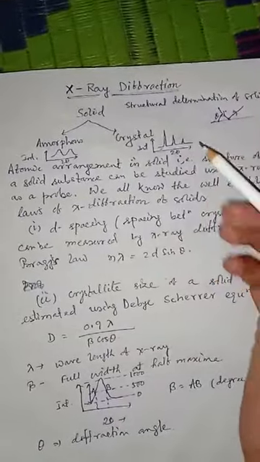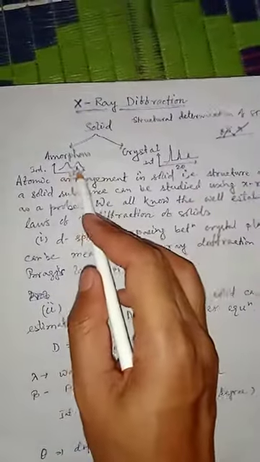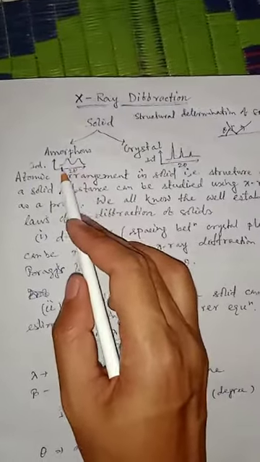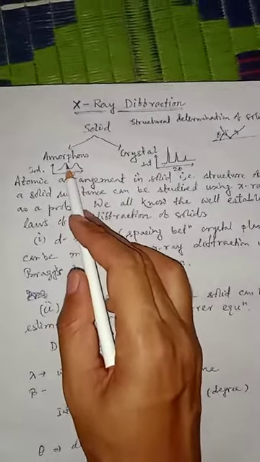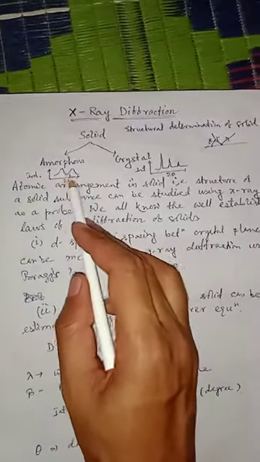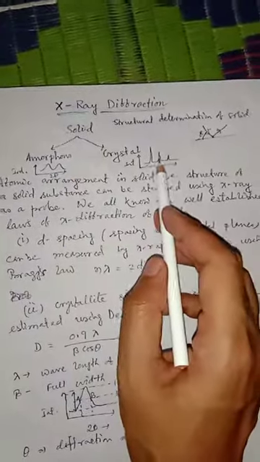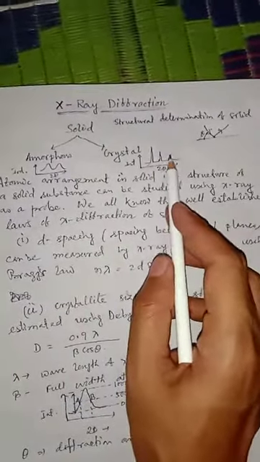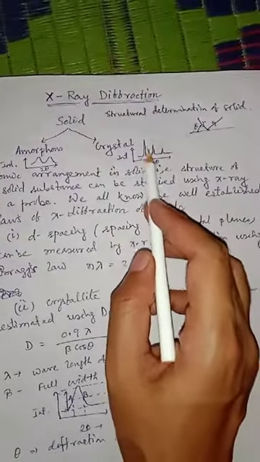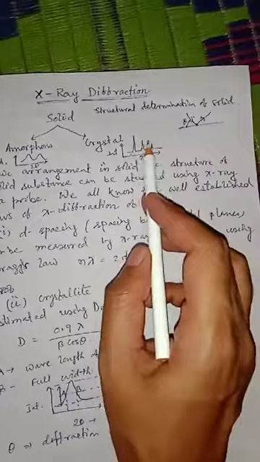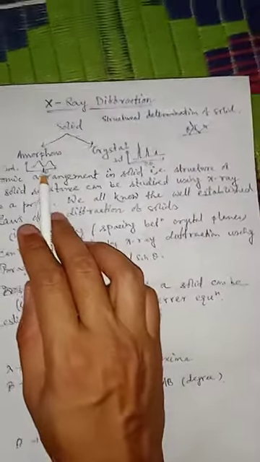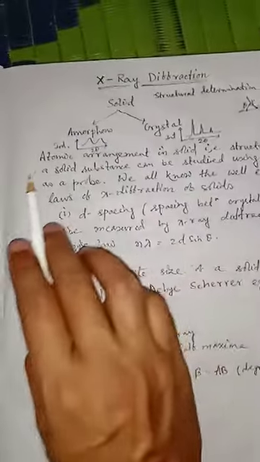Now if we look at the X-ray diffraction pattern of an amorphous solid, it gives broad peaks. So the spread of these peaks is very high. When we take the X-ray diffraction pattern of a single crystal, that will give us sharp peaks. So sharp peaks mean this compound is a crystalline compound, and broad peaks mean this is an amorphous compound.